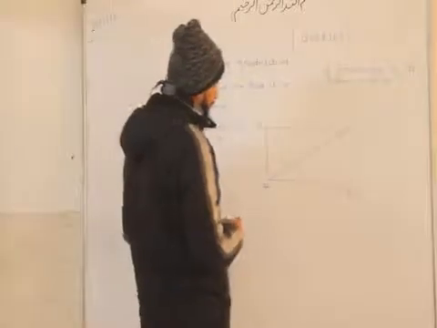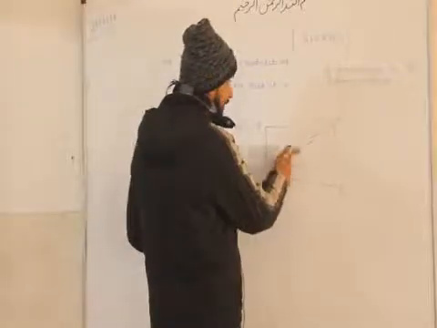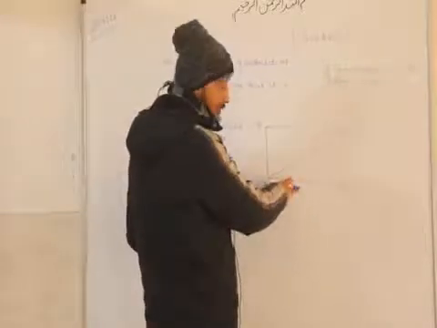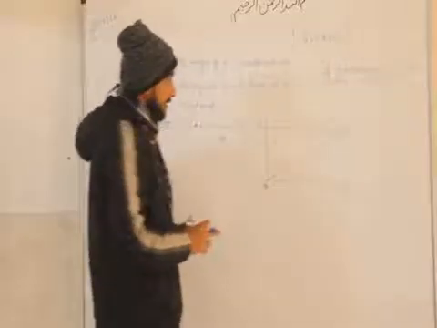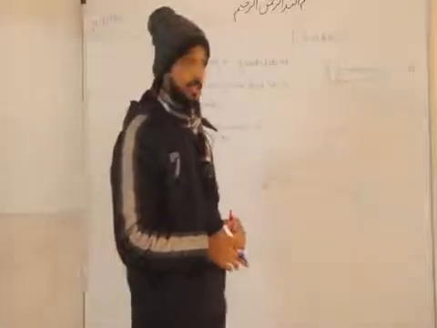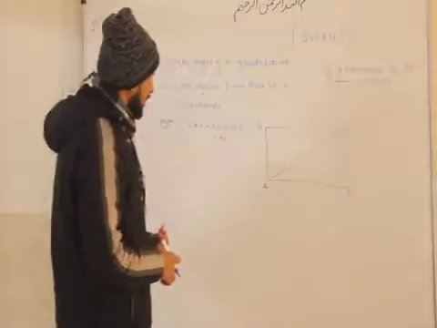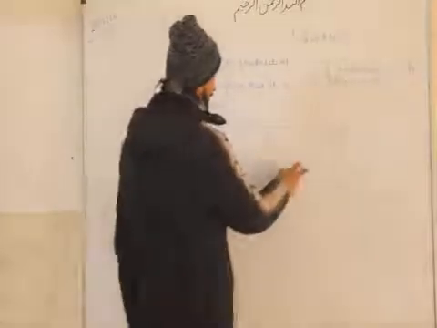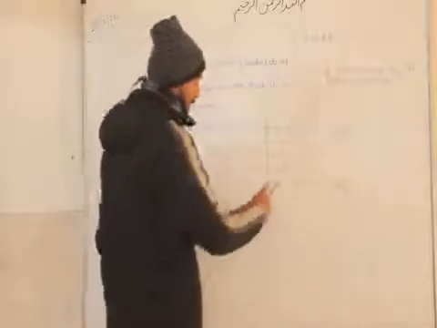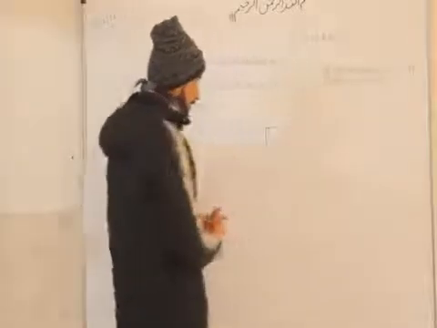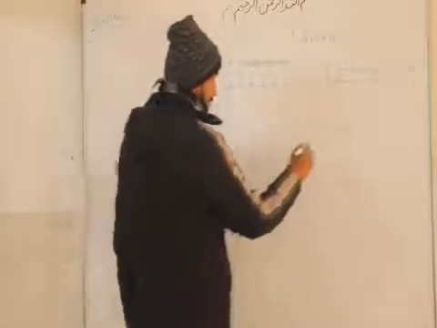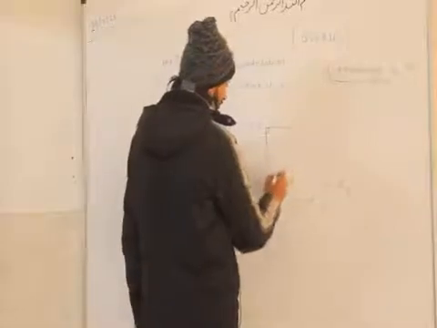So if we prove these two triangles congruent by that property, we can say that this side equals this side and this side must be equal to this side. So this is, I think, the condition that can satisfy this. How do we prove this congruent? We know this angle equals this, and this side is common, and the third condition we don't know. So how can we say that this is equal to this?